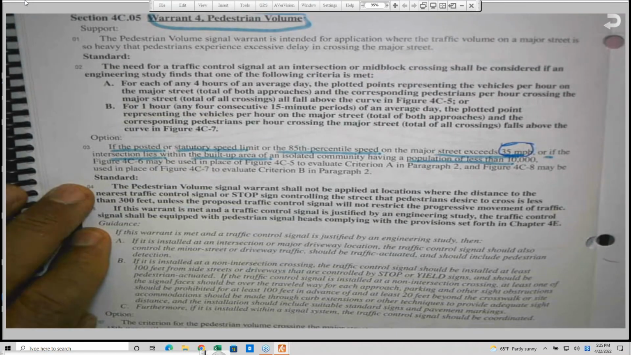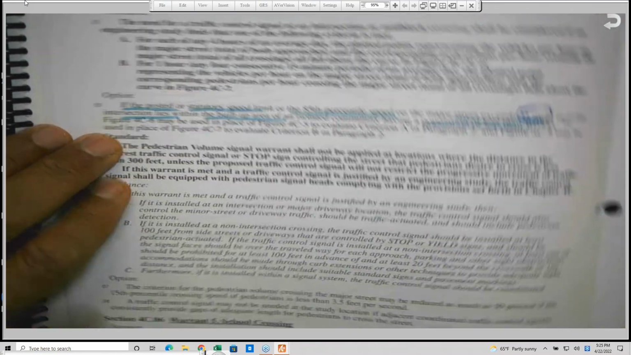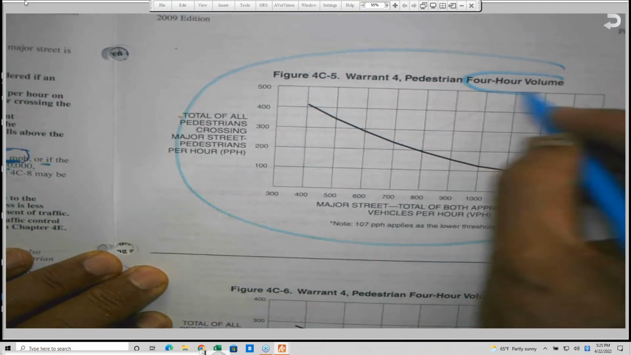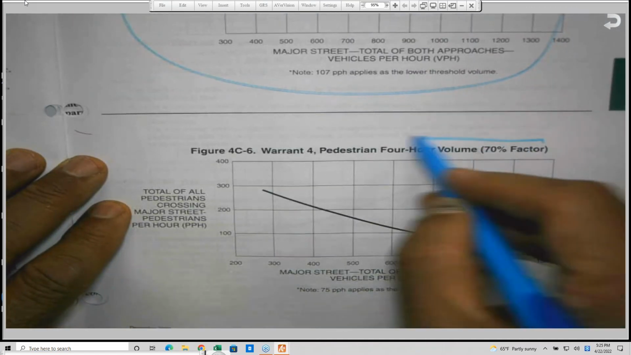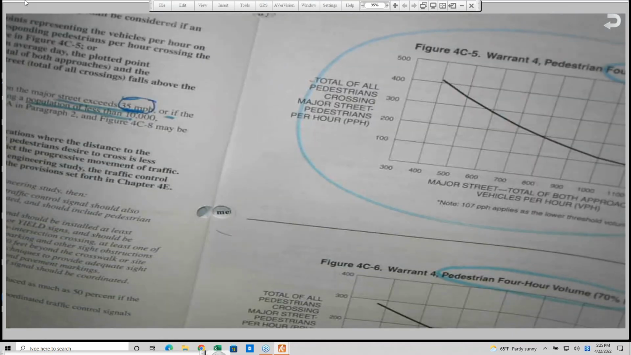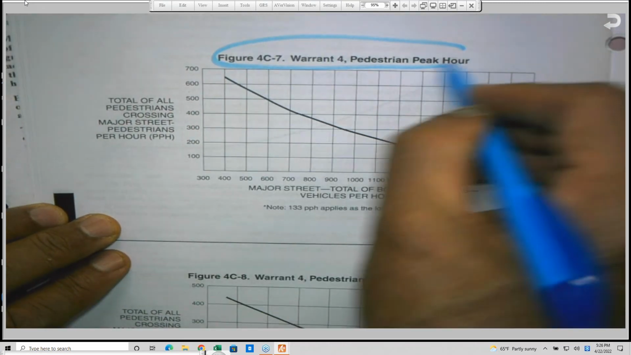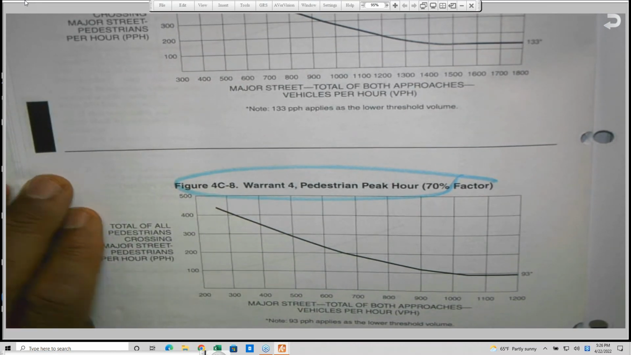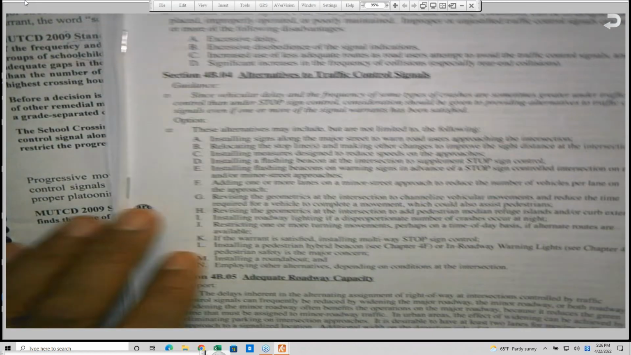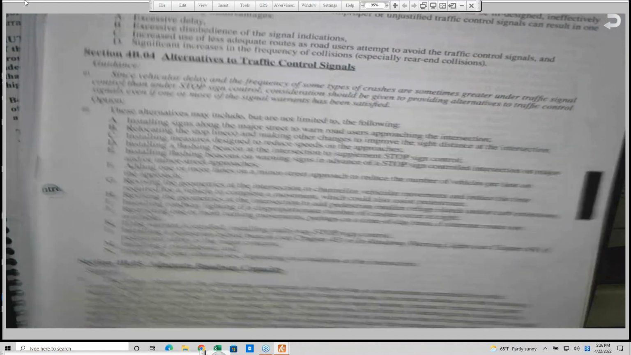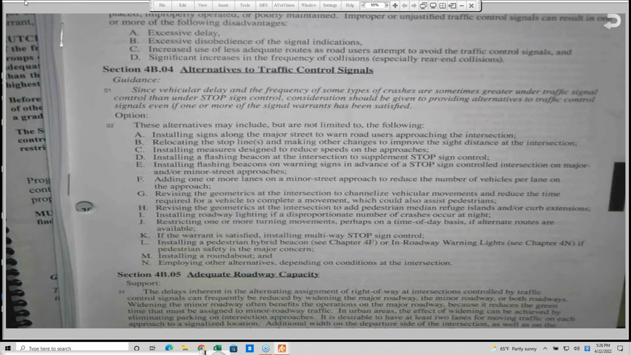Okay, pedestrian, which is warrant number 4. By the way, for the pedestrian warrant we do have 4 graphs. We have the 4-hour, and the 4-hour with the 70% factor. And we have the peak hour. If you flip the page, you will find there is a peak hour, still for warrant number 4, and the 70% also for the peak hour. Because they realize that there are some incidents, maybe the rush hour, where the pedestrians are leaving their work or their schools or their businesses, and they would like to cross the street. So we need to provide